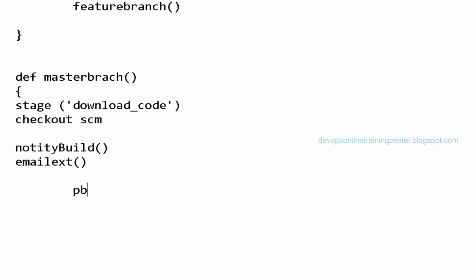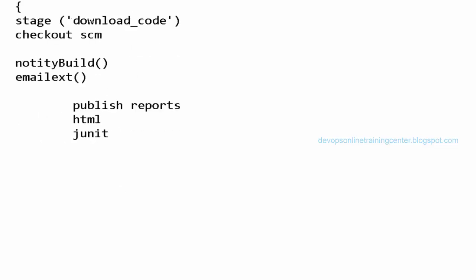And another thing is publish reports. There are some plugins, the HTML plugin, the JUnit plugin and all. So they simply send the report, the JUnit report, right? So once the tests are completed, it will automatically generate something called build.html or report.html. The JUnit framework itself generates the reports, and Jenkins will publish those reports on the console, right? So something like the number of tests passed, failed and all. So based on that, we can send out this information in the mail as well.